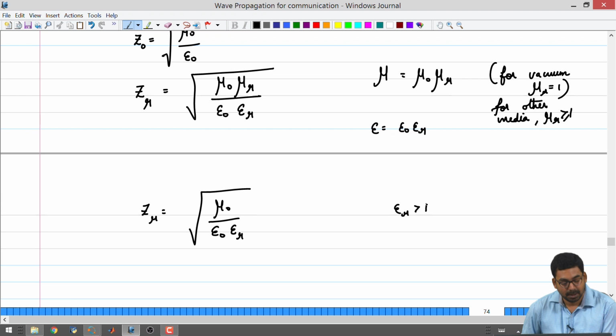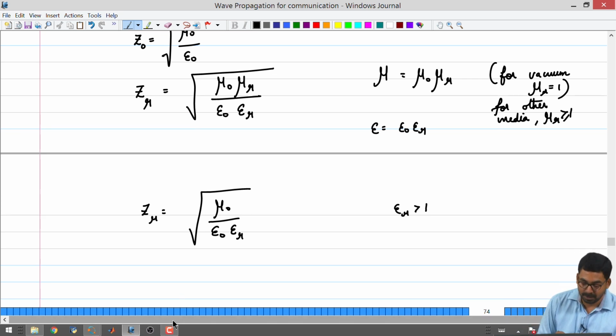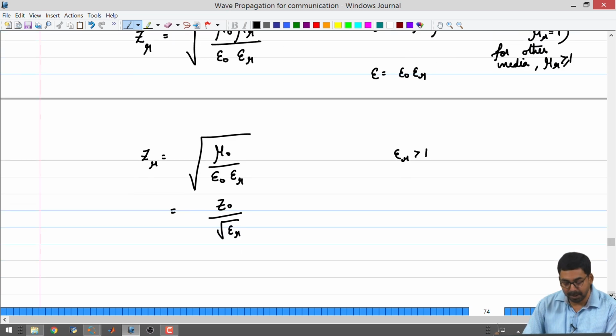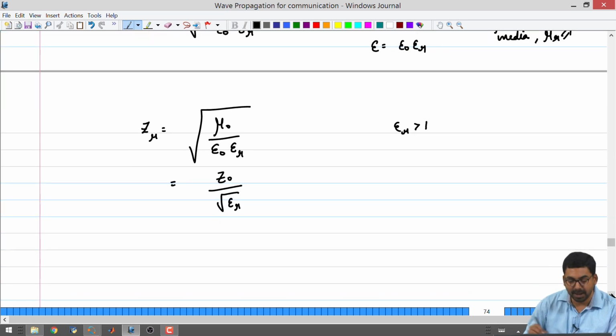What ends up happening is that for the material medium you have Z naught divided by square root of epsilon r. So, the characteristic impedance of vacuum divided by square root of epsilon r.